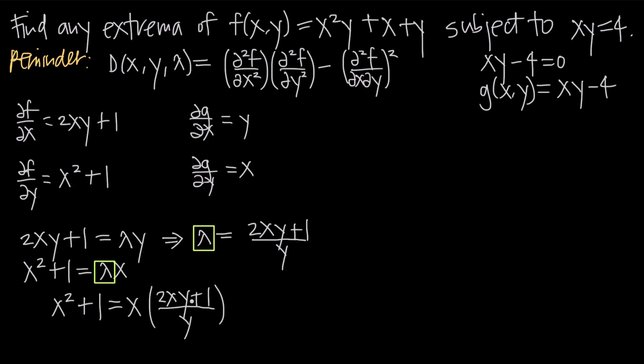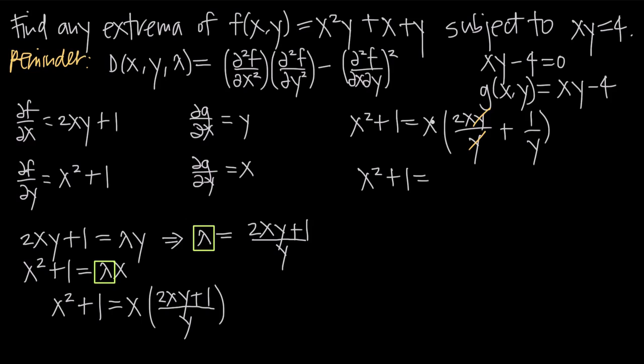And now what we want to do is solve this equation for y in terms of x. So we'll go ahead and simplify this fraction first. We're going to get x squared plus 1 is equal to x times, we'll say, 2xy over y plus 1 over y. Because we have two terms in the numerator, we can separate them into two separate fractions, each over the original denominator of y. When we do that, y cancels with y right here, and so then we'll end up with x squared plus 1 is equal to, distributing the x, x times 2x, or 2x squared, plus x over